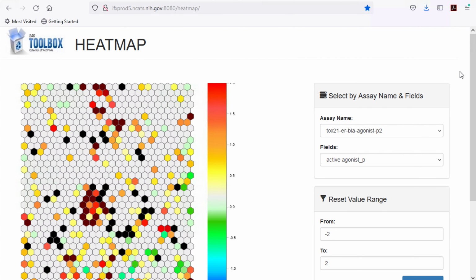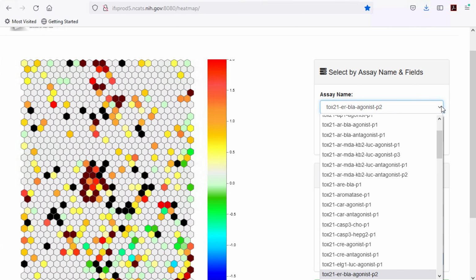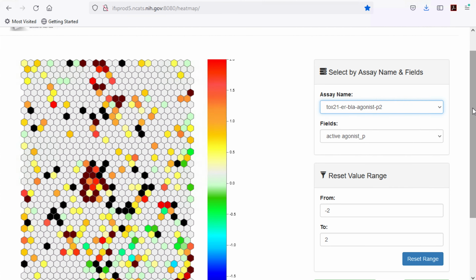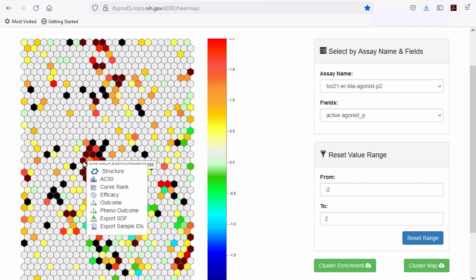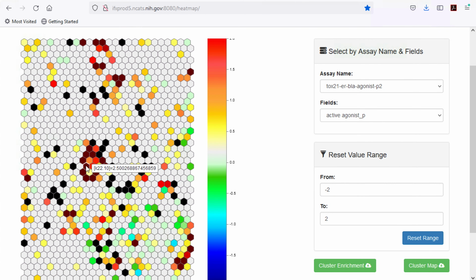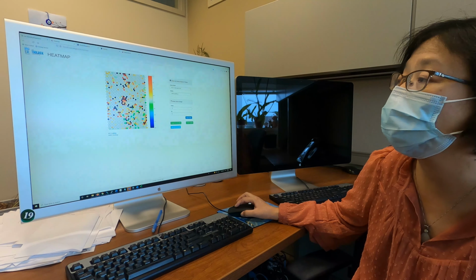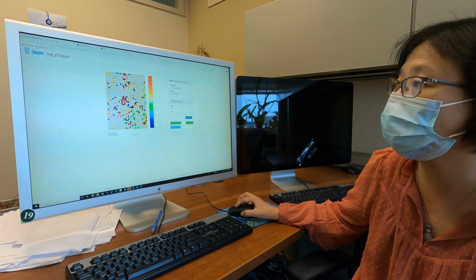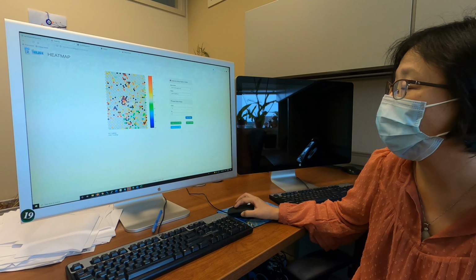We also have this tool for structure activity relationship analysis. The entire Tox21 10K library has been clustered by structure similarity. Here, in this heat map, every little hexagon is a cluster of compounds with similar structures. The color of the clusters indicates the number of active compounds in each cluster.